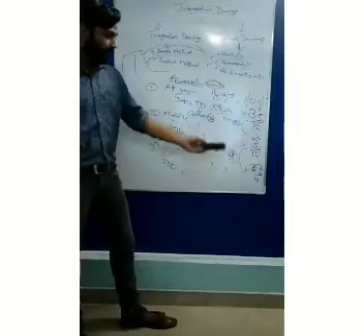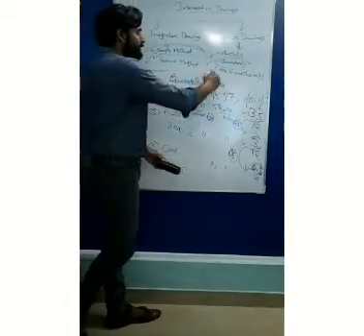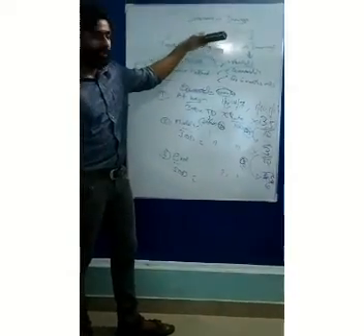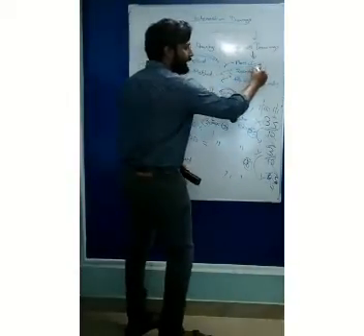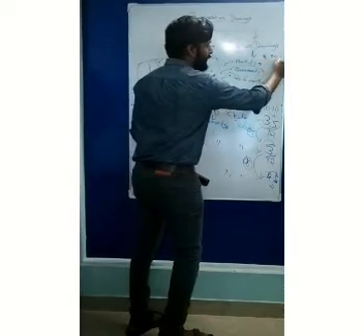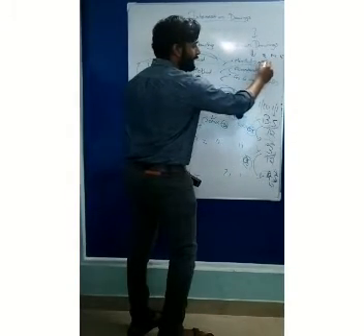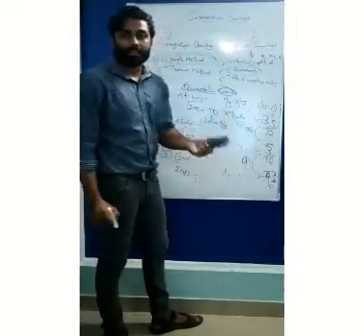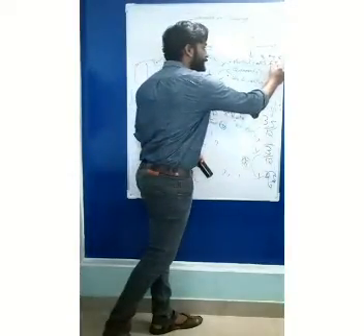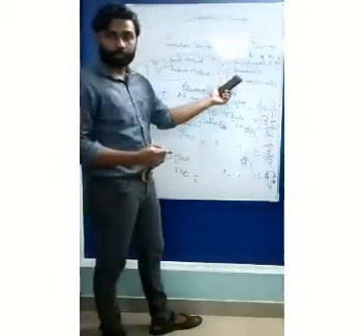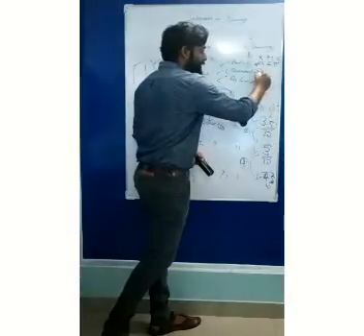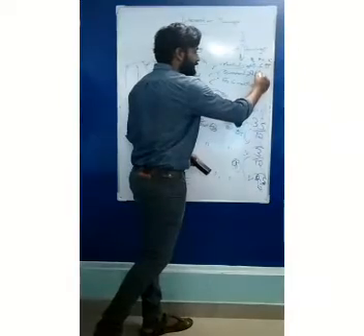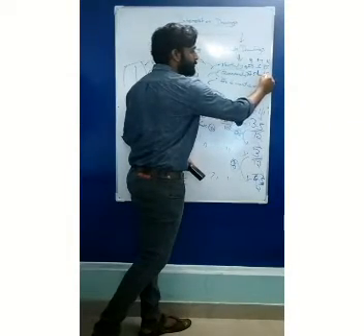Okay, this is how you should find the interest on drawings if you are withdrawing regularly. If you are withdrawing monthly, at the beginning, at the middle, at the end, that is first 6.5. Okay, then we have to subtract 0.5, that is 6. Then again we have to subtract, that is 5.5. Okay, if you are withdrawing quarterly, then the first one is 7.5, then we have to subtract 1.5, that is 6, and the last is 4.5.